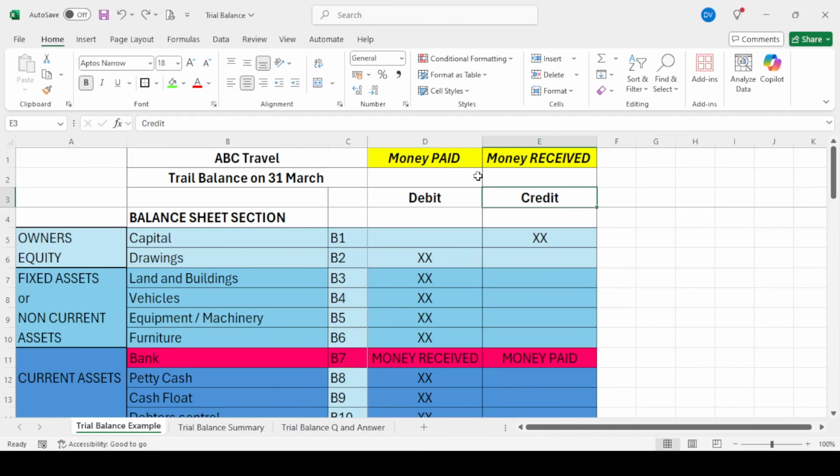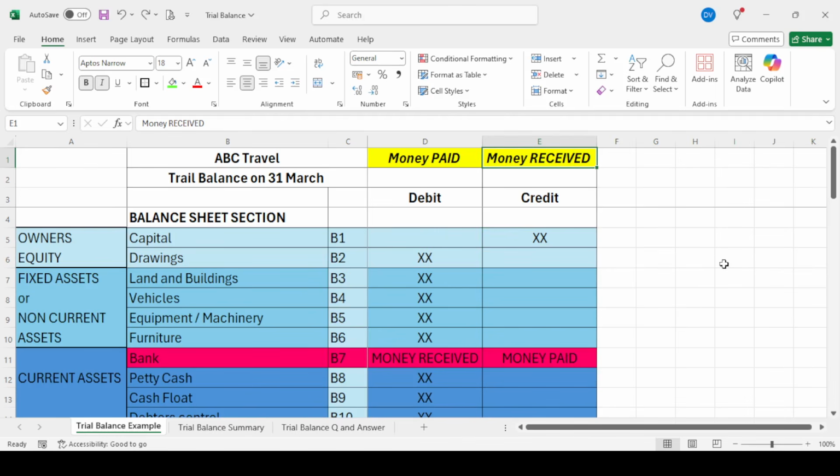But basically, let's use capital as an example. Where will you have done the transaction where you show that you've received capital? You would show it on your cash receipt journal, right? And when you then put it on your general ledger, where does it go? Because it will be under the total of the bank column, right? It's going to go on the debit side. So that's the one side. Now you're showing it on the other side. You're showing it on the credit side because also it's money received.